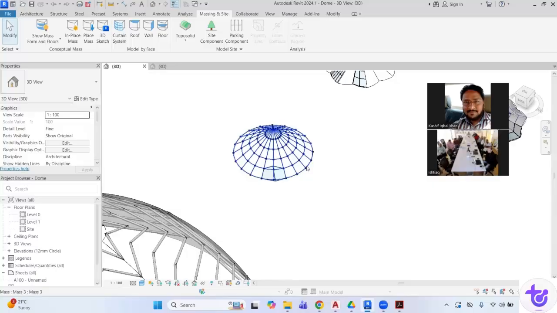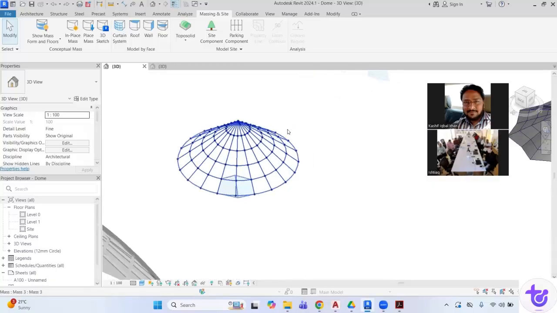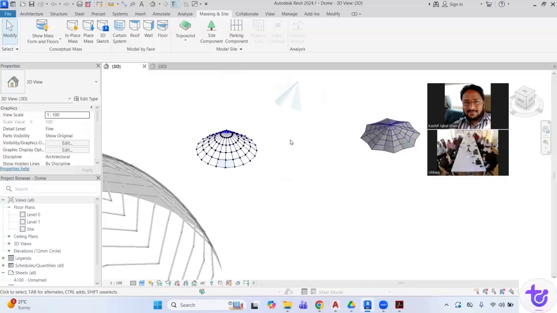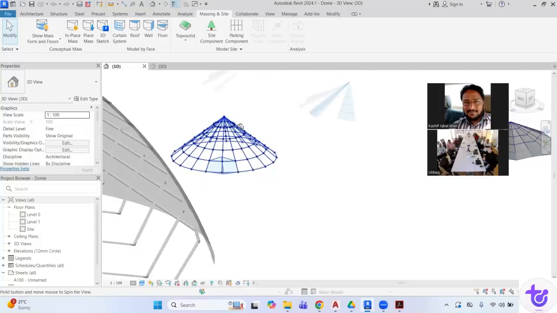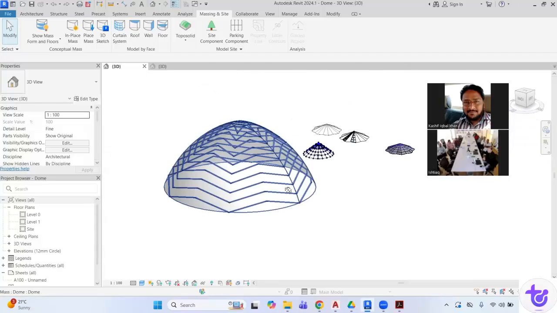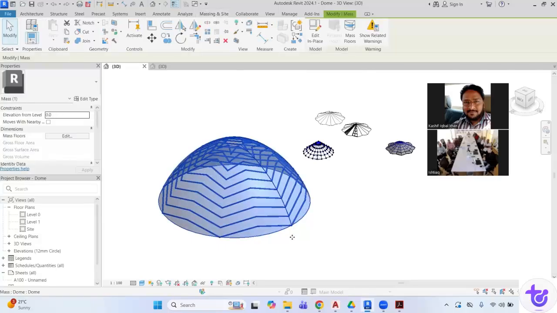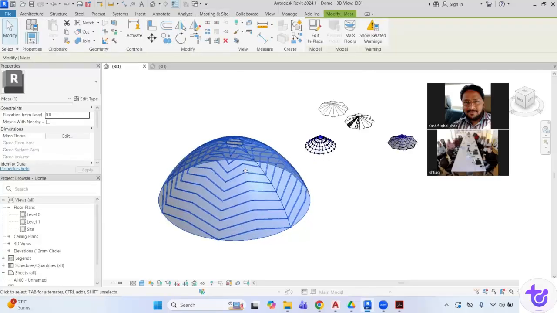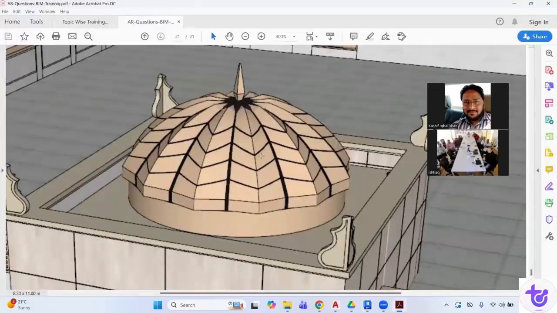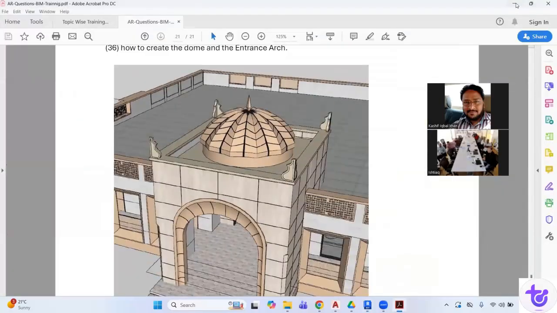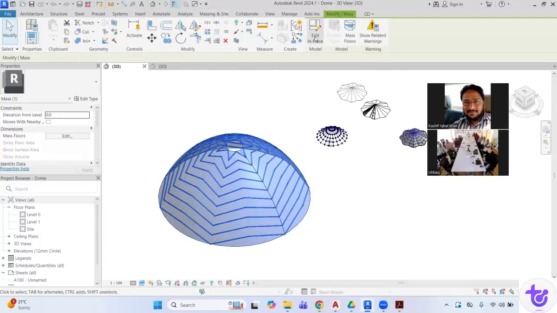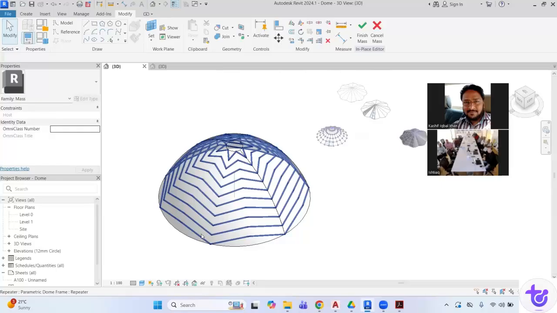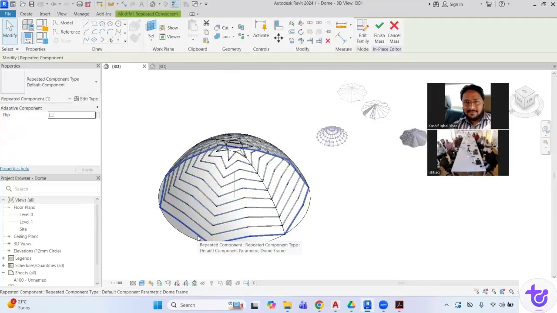And the third option is more or less the same as this, because it is actually giving me a perfect circular shape at the bottom and a small point at the top. This one is a little different approach, maybe not just to replicate this 3D, but this could be another interesting thing for you to understand how this has been done. Let me just show you how it has been done. If I just select any of the family,